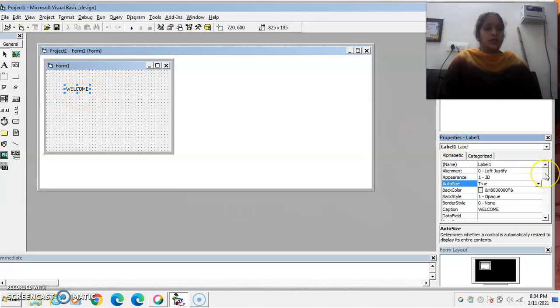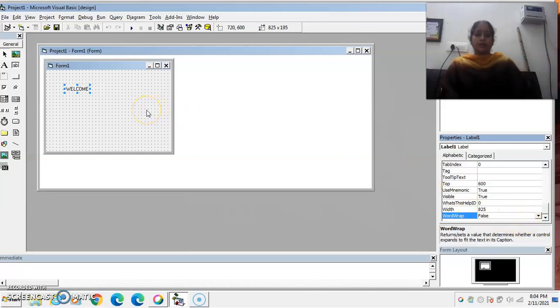Now the next important property is the WordWrap property. WordWrap is already used in Microsoft Word. Here the use of the WordWrap property is that if the lines of the text in the caption are long, then you can use this property.